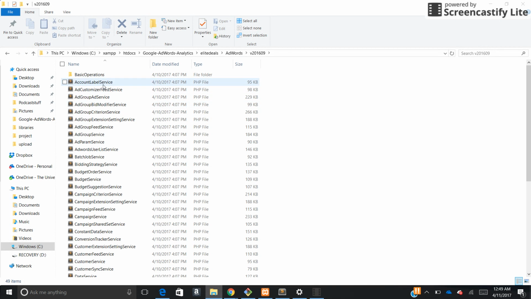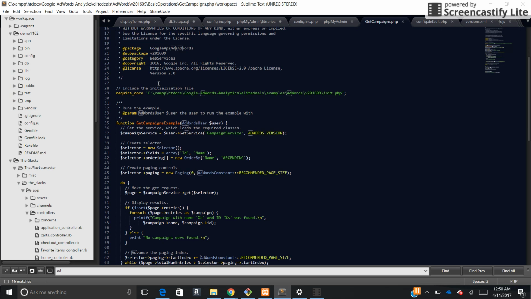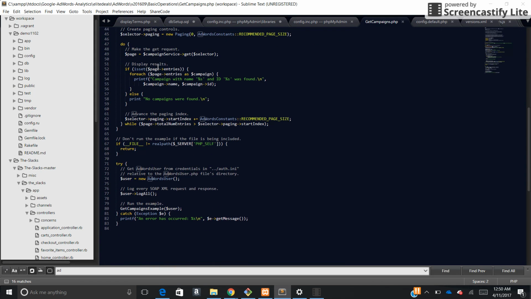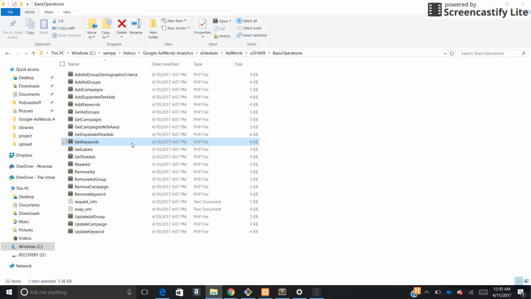Okay. Specific volumes, and then basic operations. So these basic operations here are what we use to pull the data, the session data. So we have our get campaigns, here we use to grab the campaigns, the data from there that we had to run, your get keywords,